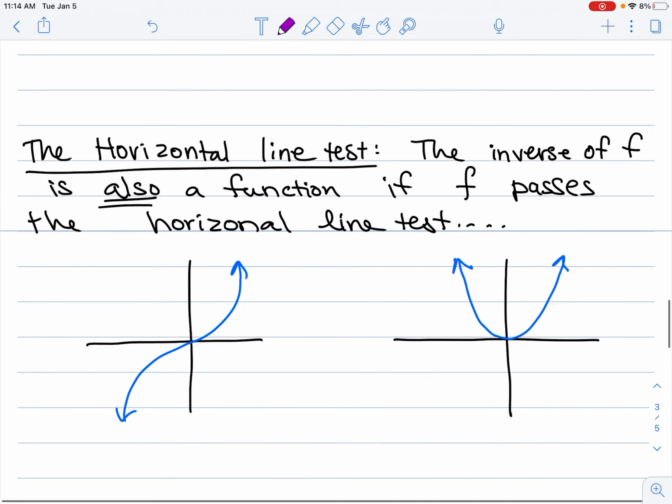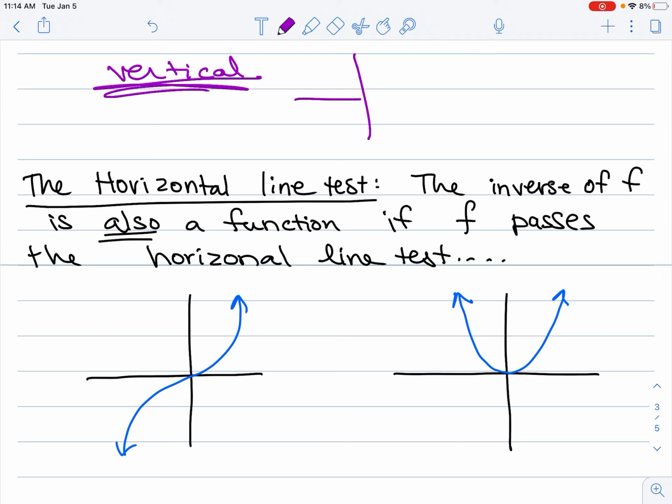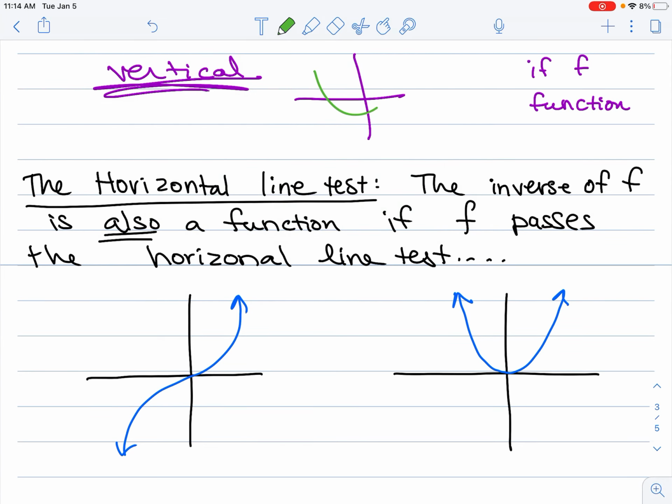And then lastly, our horizontal line test. So remember, a vertical line test, when we did that way back in the day, would test to see if f was a function. So let's just say here was my graph. If I did my vertical line test, I'd say, yeah, that's a function. A horizontal line test: the inverse of f is also a function if the graph of f passes the horizontal